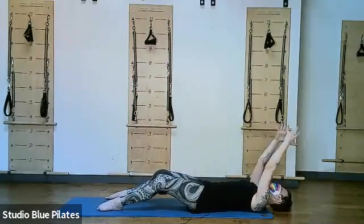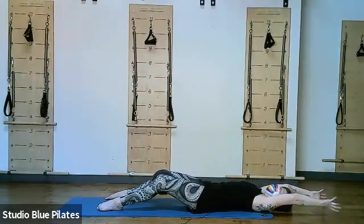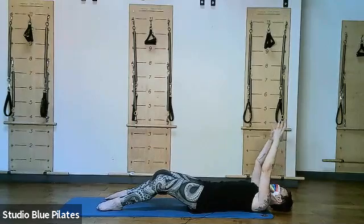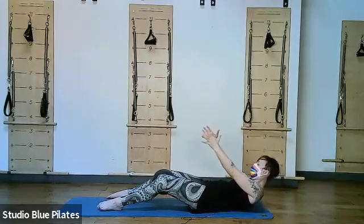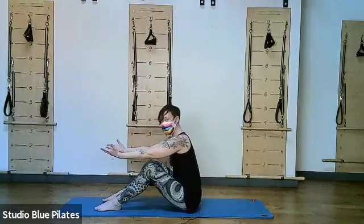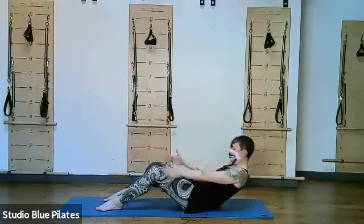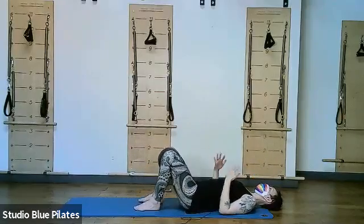Allow those hands to come overhead, resisting gravity on that exhale. Inhale to bring the hands back. Exhale. Good. Nice job, everybody. Now we get to lie back without holding the position, and you're going to slide your